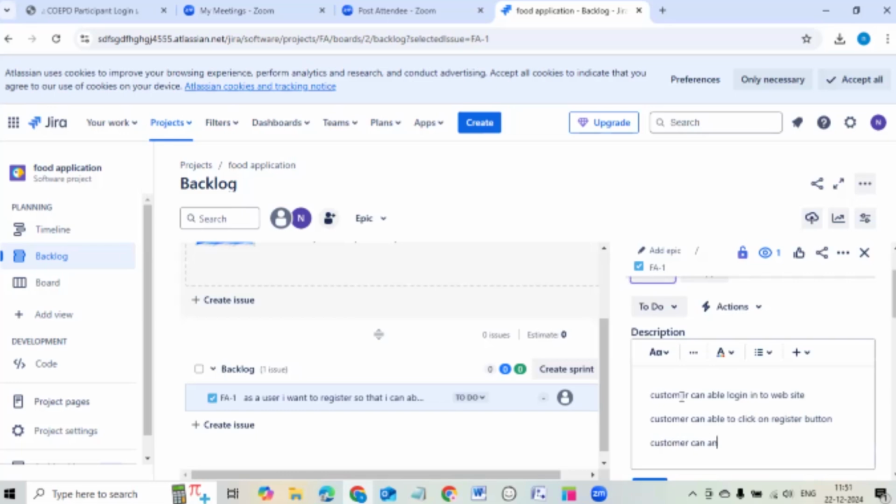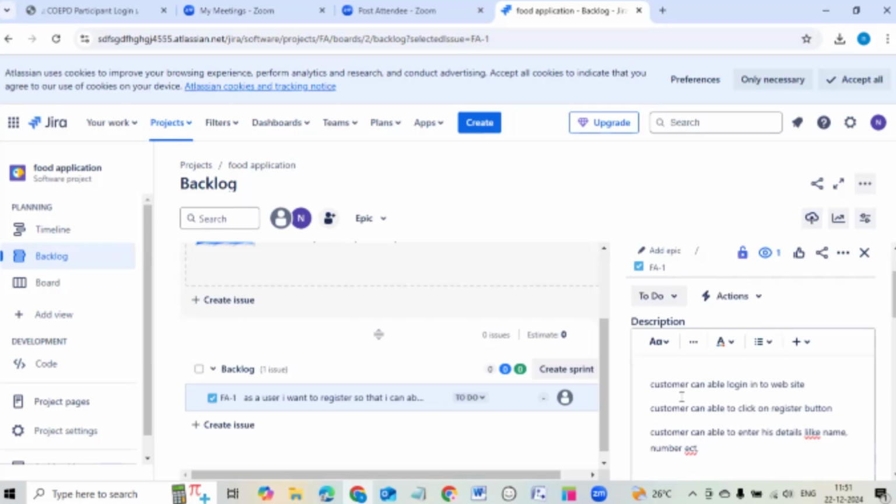A customer can enter his details like name, number, etc. Depending on the features, if you see it is name, and if you want to add a little detail related to its acceptance criteria,